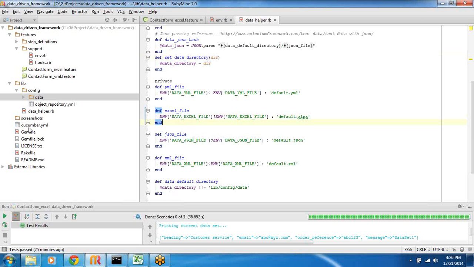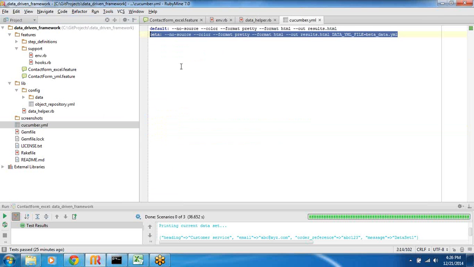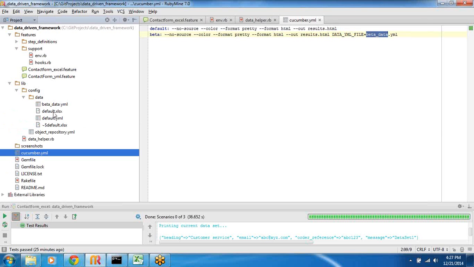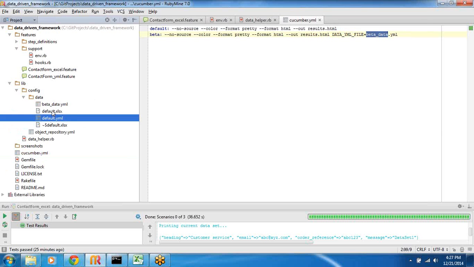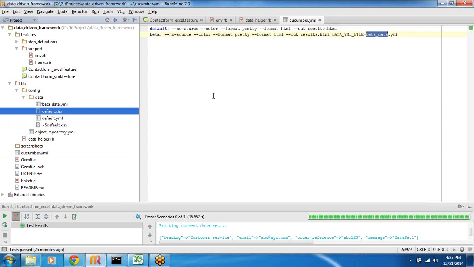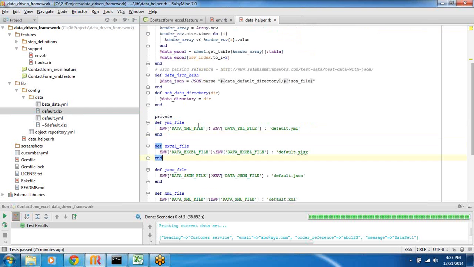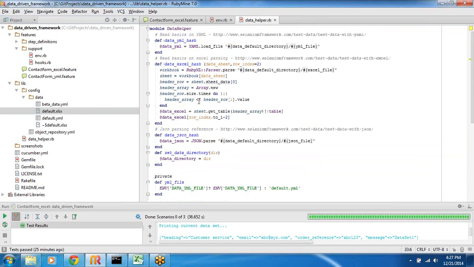Right? I can go to my cucumber.yaml, right? Let's say, I can set it like this. For a Cucumber profile, I can go ahead and set the data Excel file as beta data. That means now my scenarios would use beta data instead of the default, right? Default.xlsx, for example, if you're using an XLS file. Okay. So moving further on, let's see,